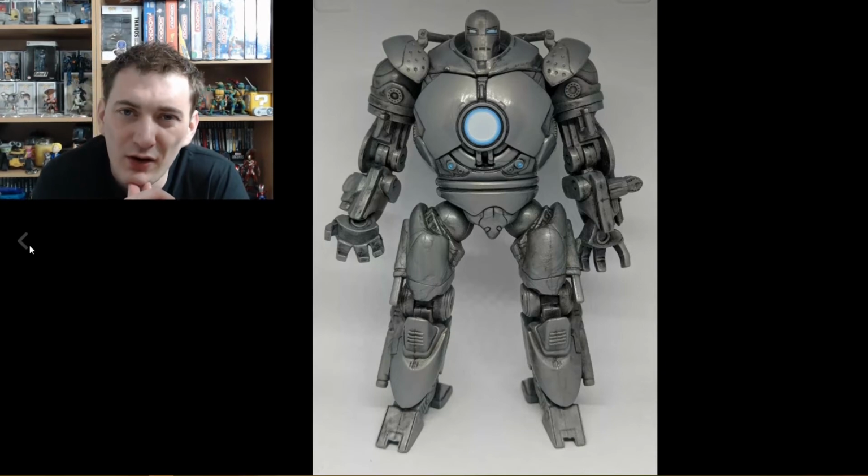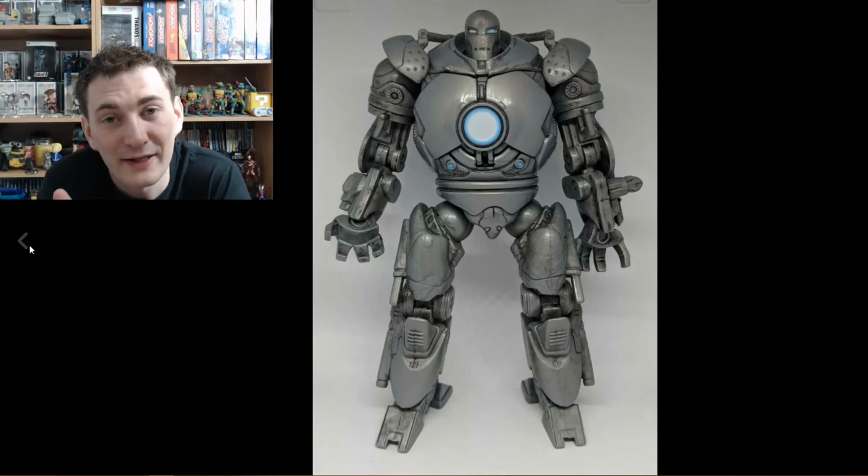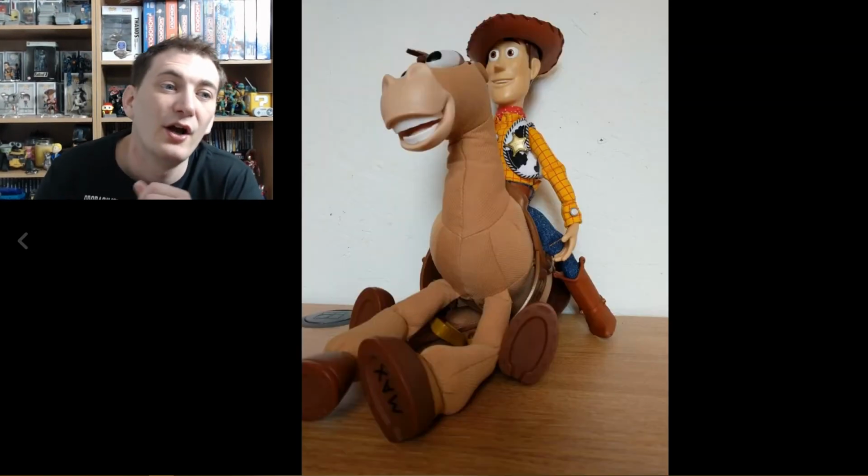So I may be waiting a while. If we don't get anything by the end of Avengers Endgame, whether DC are going to step it up and actually pull their finger out and announce more things, I think I might just stick them on. But in hindsight, you can see that, well, you can't see the next item, but the next item is Woody